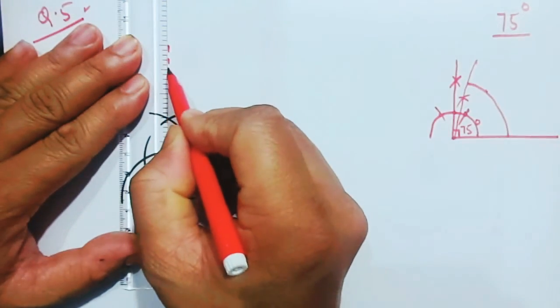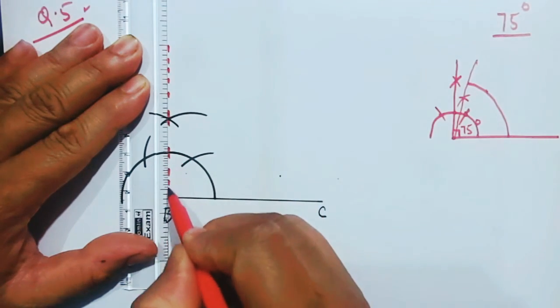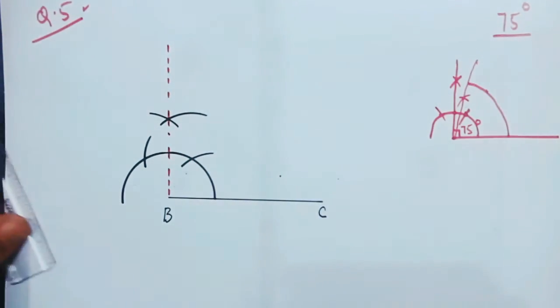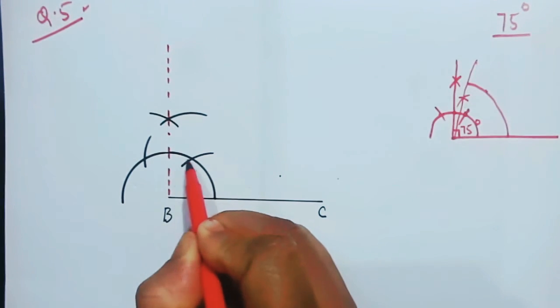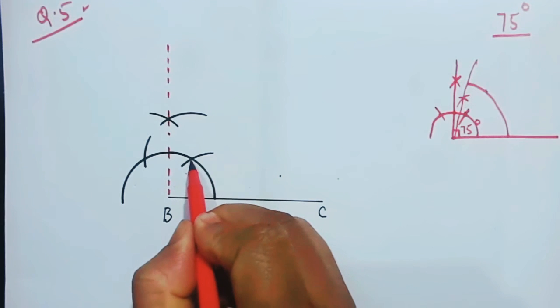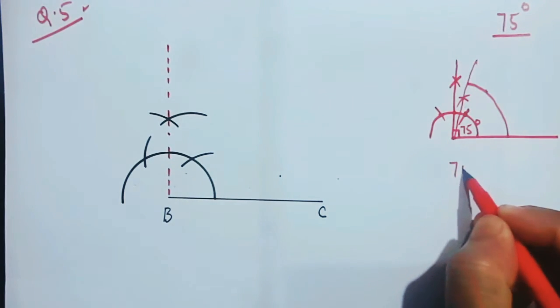Since I do not need this 90 degree, therefore I shall be drawing this with dotted line. And then if I bisect this portion between 60 and 90, so 75, as I said, will be